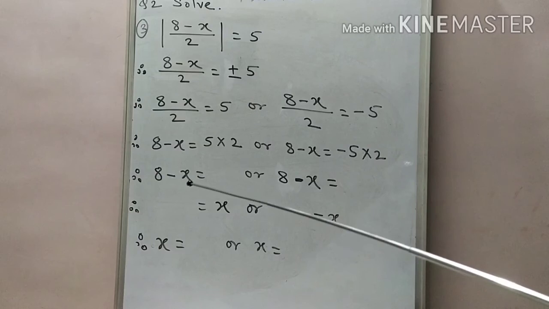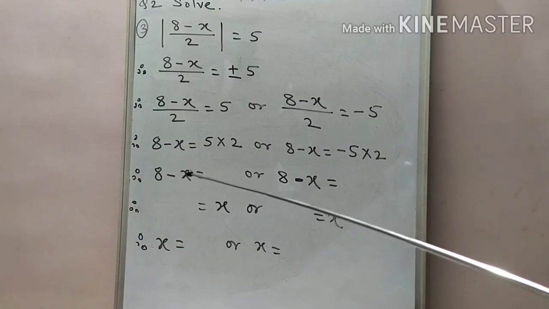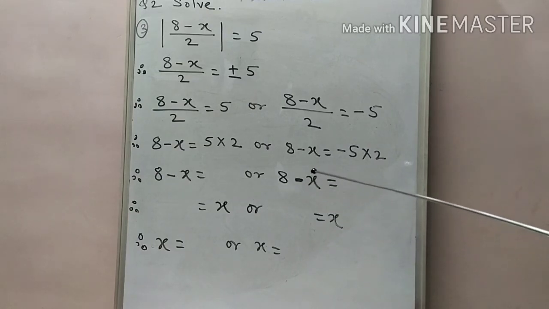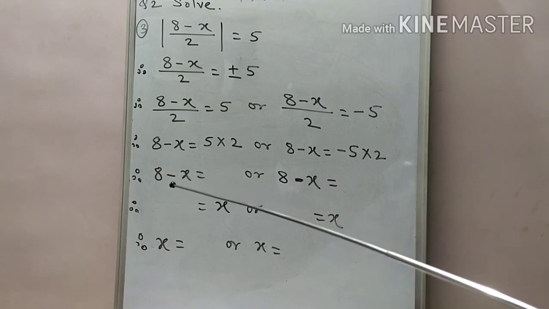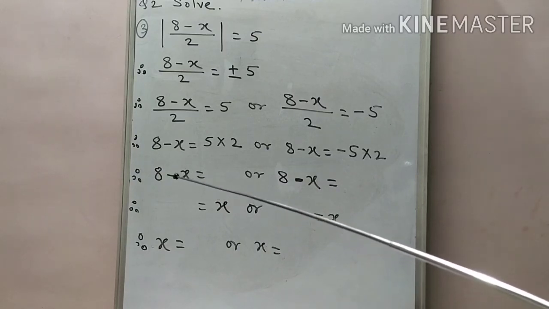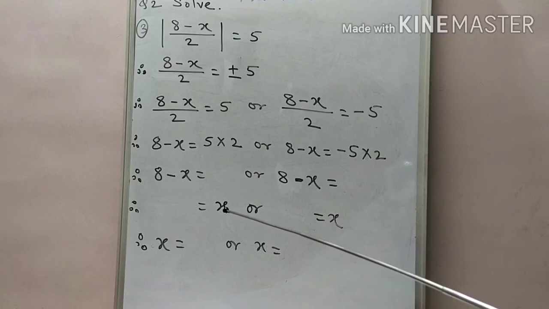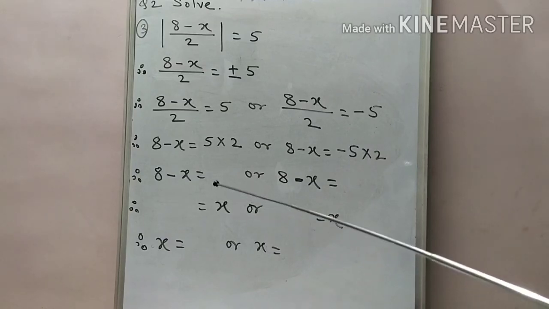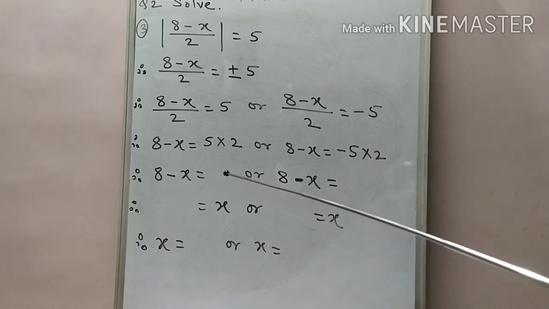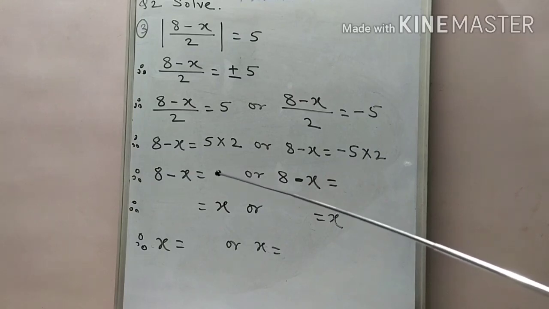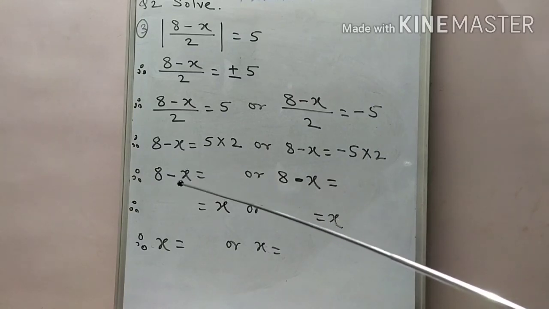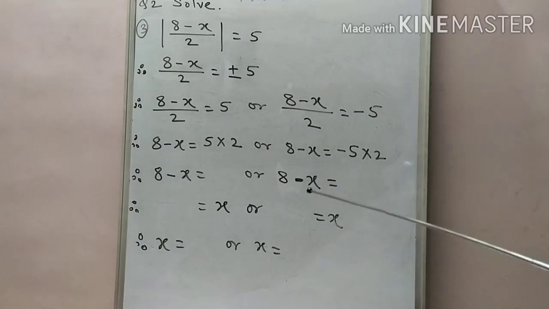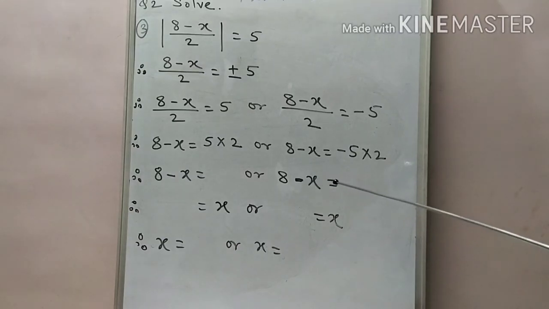Here as you observe, x has a minus sign, similarly here also x has a minus sign, so we change the side of minus x to the right side, so we get plus x. The constant here, as product we get 5 twos are 10, we take that 10 toward the left side. Similarly we do the same for this step also. So do this and give me the correct answer of x.